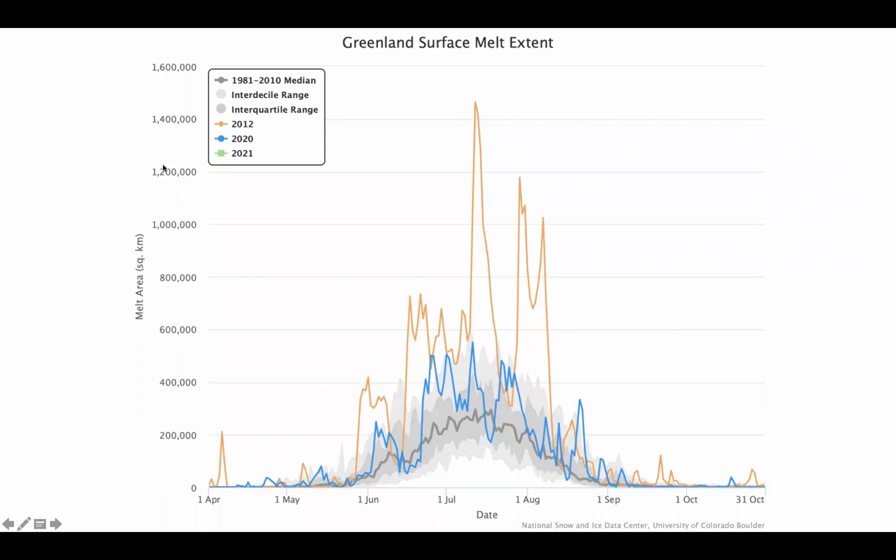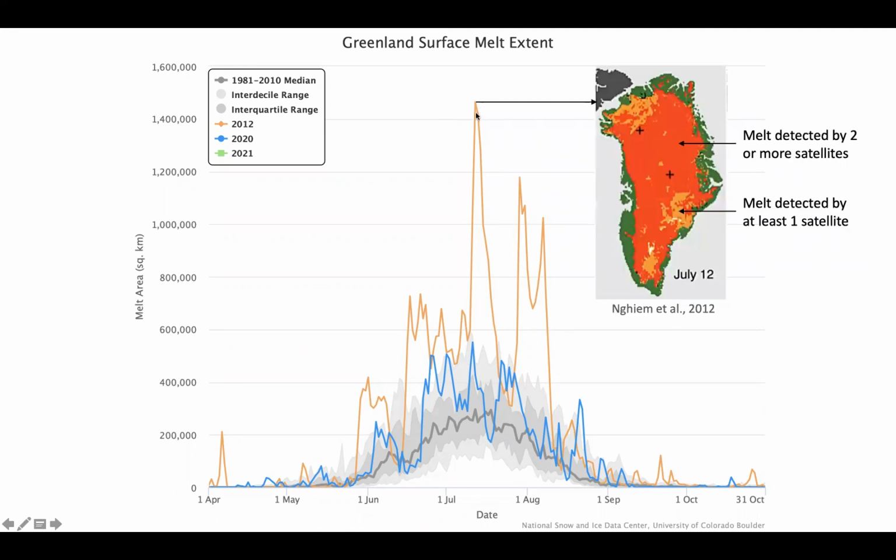Here on the y-axis, you can see the surface melt area of the Greenland ice sheet as a function of summer days. You can see in this color, this is the year 2012. On a certain day of July 2012, the ice sheet was virtually covered by meltwater pretty much everywhere. If you really think about this, it's a massive event, and it is kind of scary too. The whole ice sheet, which holds the potential of raising sea level by about 7 meters, was melting pretty much everywhere on a particular day in 2012.